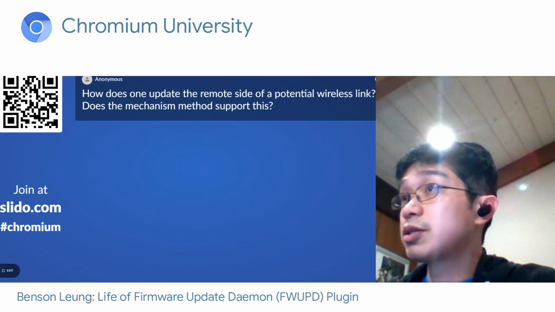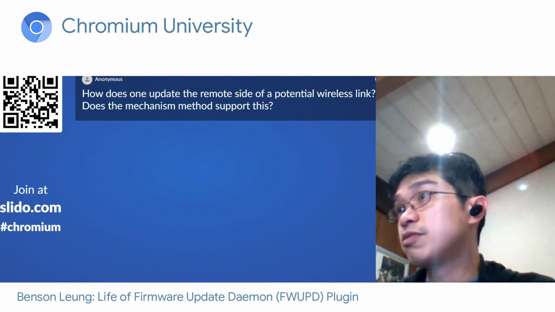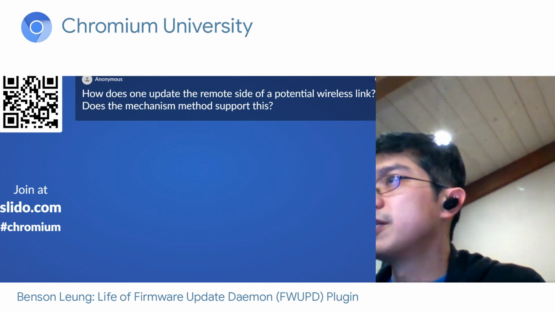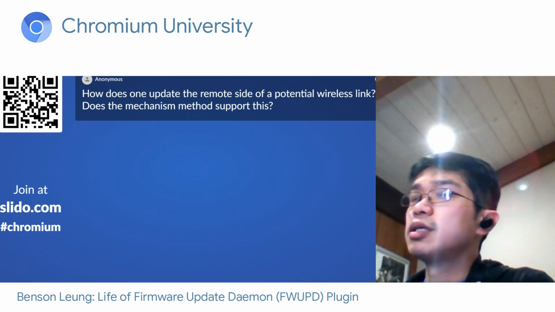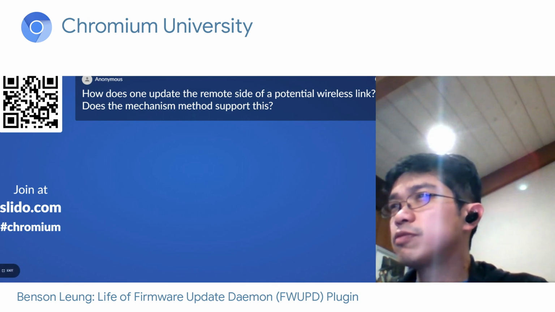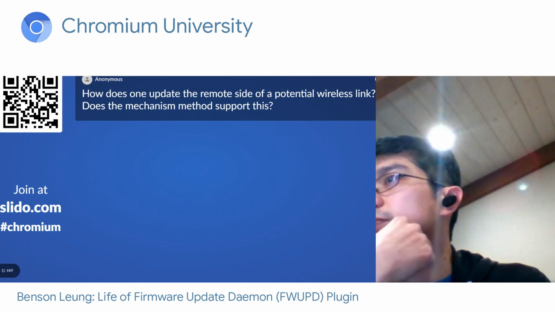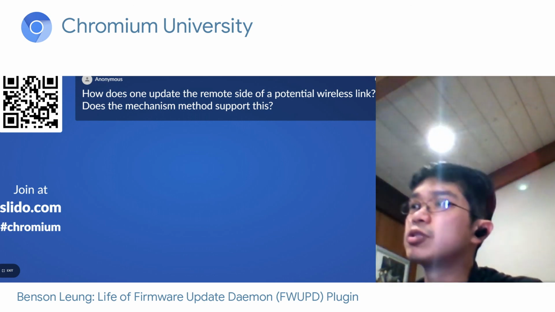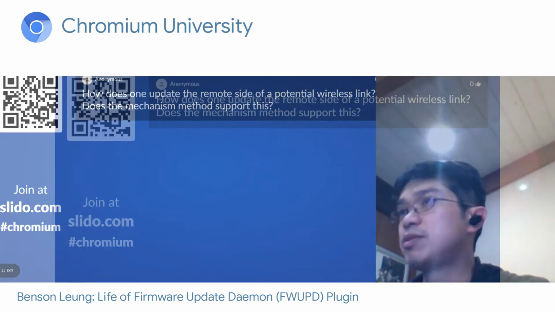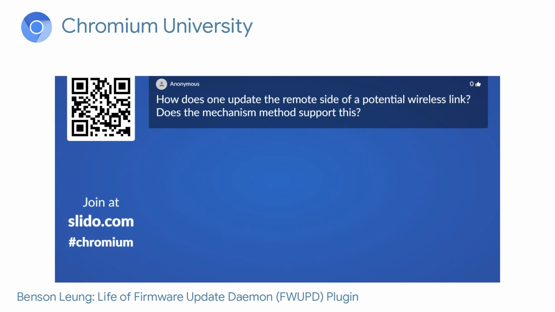Okay, so the question is, how does one update the remote side of a potential wireless link? Does the mechanism support this? So the Fwupd project is transport agnostic. As long as there's some underlying agreement of how the underlying packets are passed back and forth, Fwupd doesn't really care. In particular, I've seen cases where